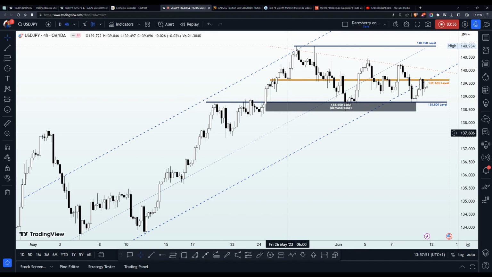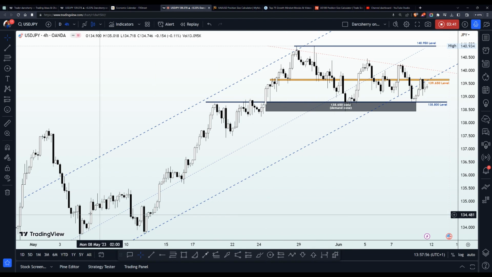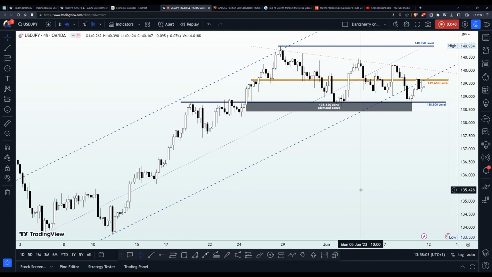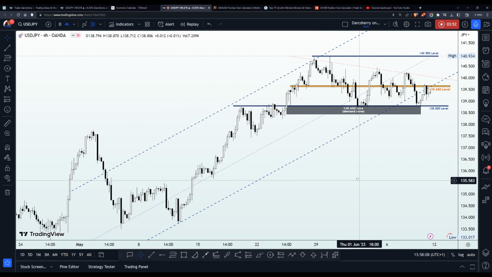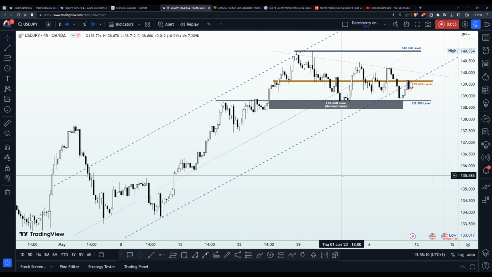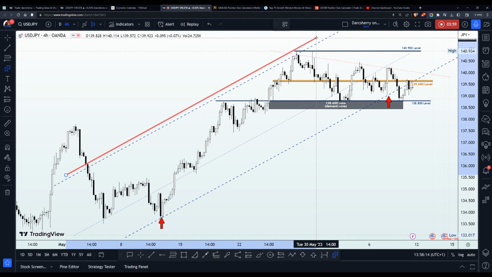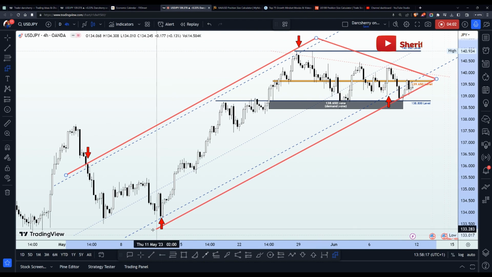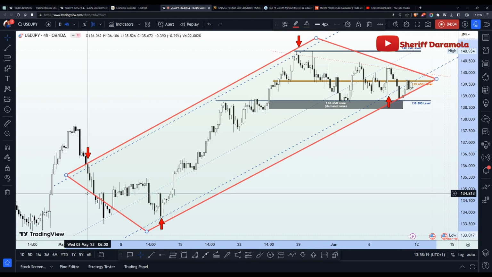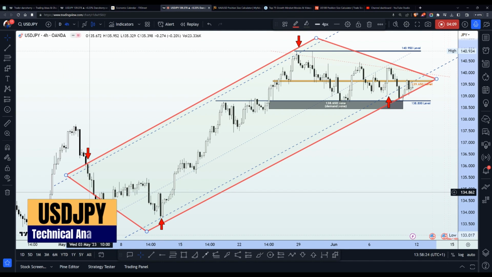So what I did on the 4 hours time frame was to take into consideration price action activity since the beginning of the month of May. And what I was able to come up with is an ascending channel, which further emphasizes the level of buy pressure in this market. So after connecting the series of higher highs and higher lows here, we had this ascending channel, which has actually been guiding our trading activity for the last